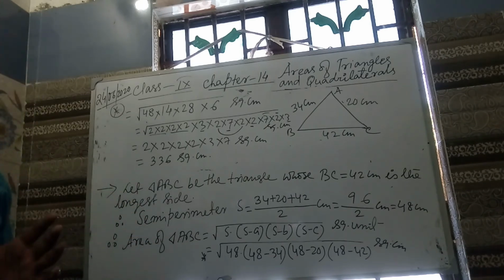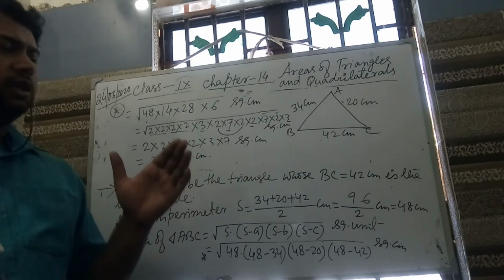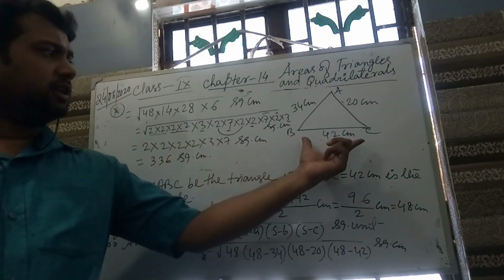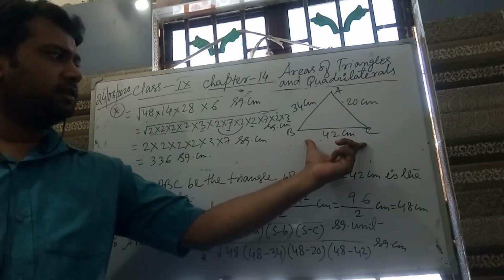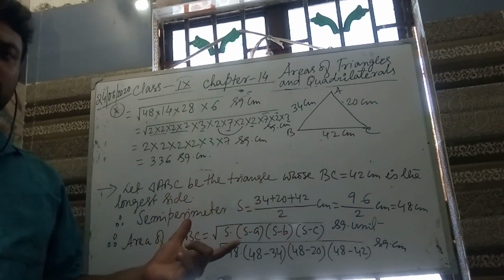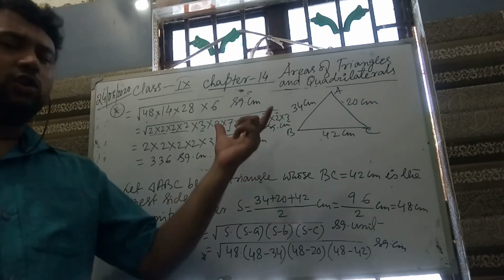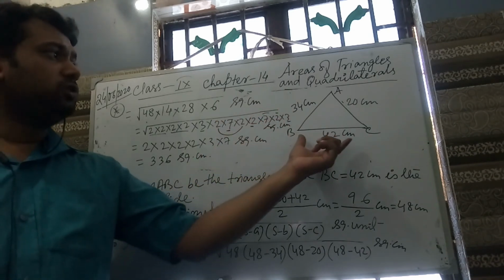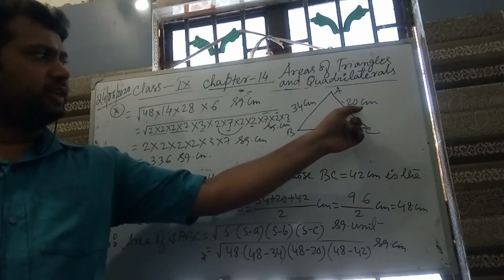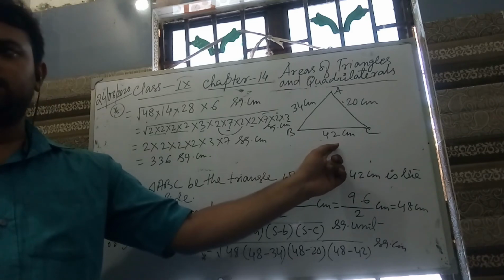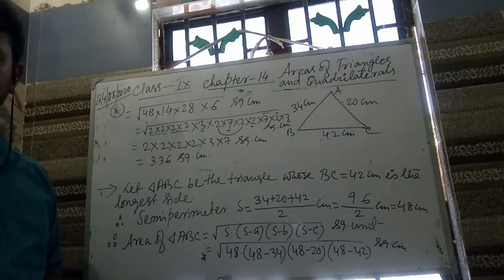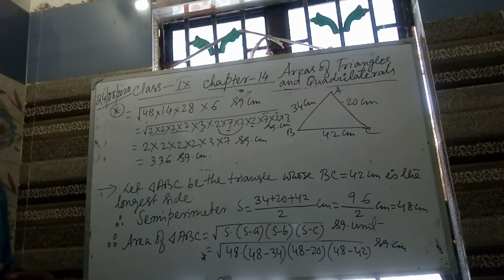Look, if the question is to find out the corresponding height to the longest side, then in the rough sketch try to take the longest side as the base. If the question says find out the corresponding height to the smallest side, then we would have taken 20 centimeter as the base in the rough sketch. Then the figure would be easier to construct. Someone is saying height is 16 centimeter.